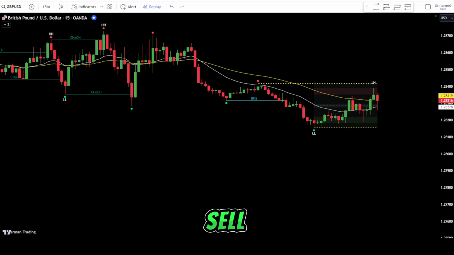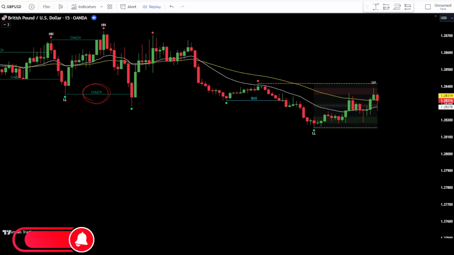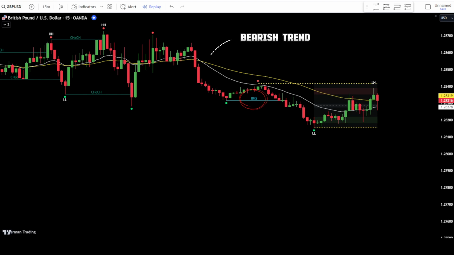How to place a sell order. 1. If there is a trend change from bullish to bearish, pay attention to the change of character signal from the Smart Money Concept Expo indicator. 2. Wait until the price candlestick breaks the bearish market structure, marked by the appearance of the bearish break market structure, BMS, signal. 3. Once the BMS signal is present, ensure that the EMA 20 crosses or is below the